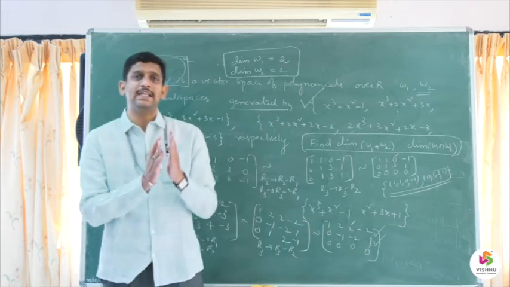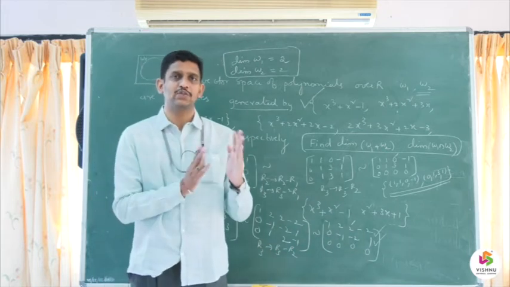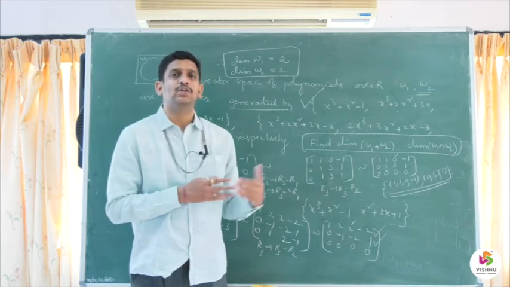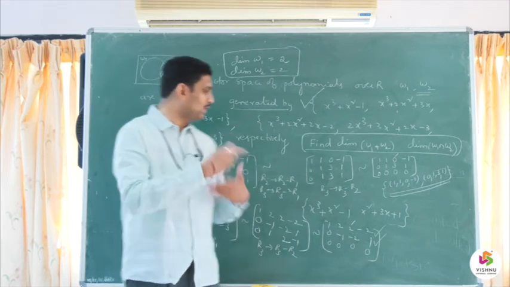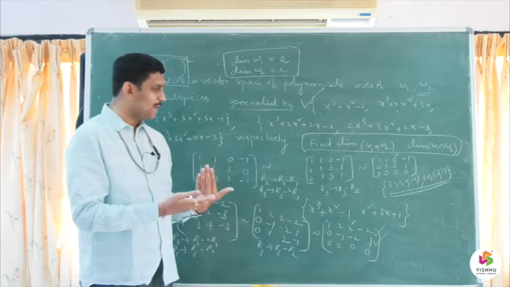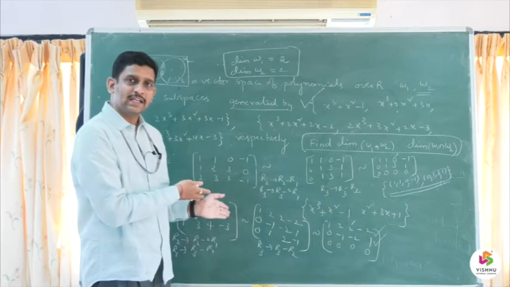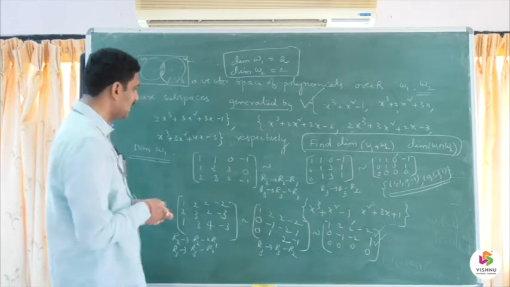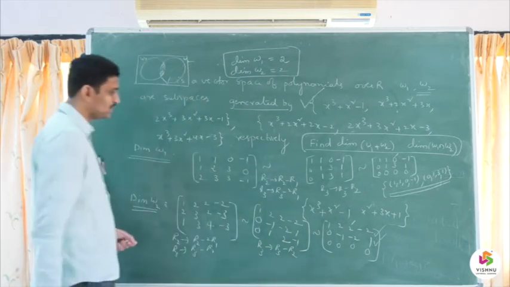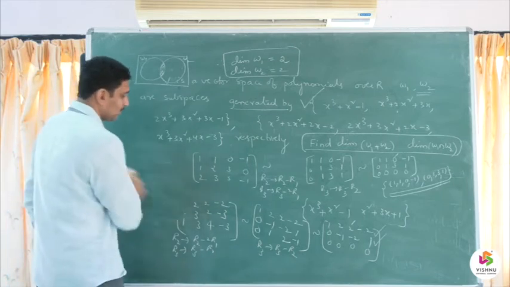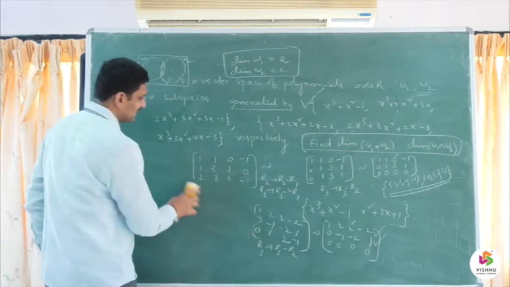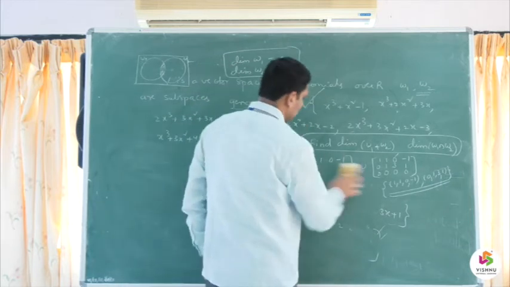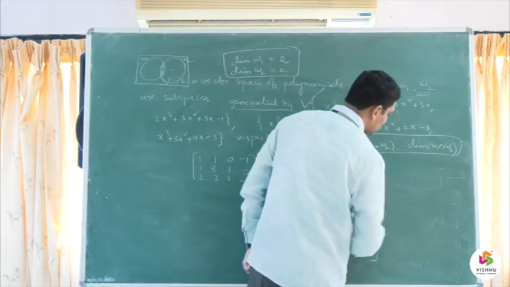If it is a linearly independent set, then it is okay. It will become a basis for W1 plus W2. If not, I will again apply the row operations on this, perform the final calculation, and then say this is the basis for W1 plus W2. Okay, let us go on. For this, I will take the first matrix as it is. I am not disturbing that. The calculation of row operations will vary here.